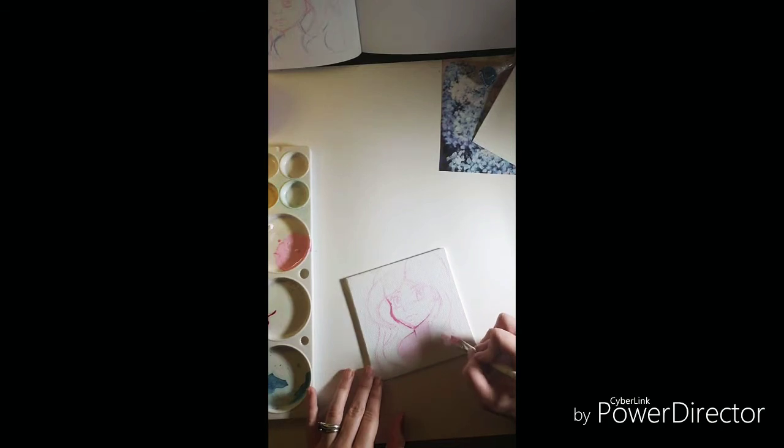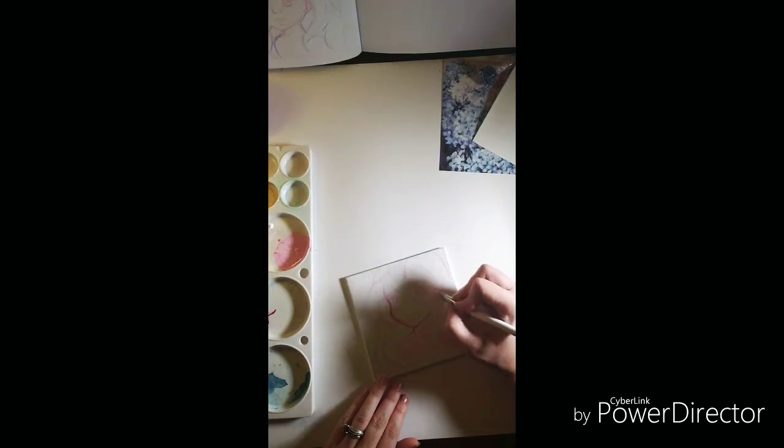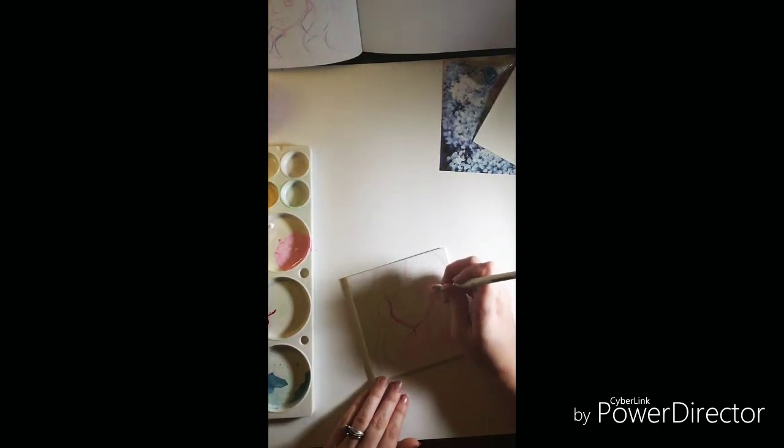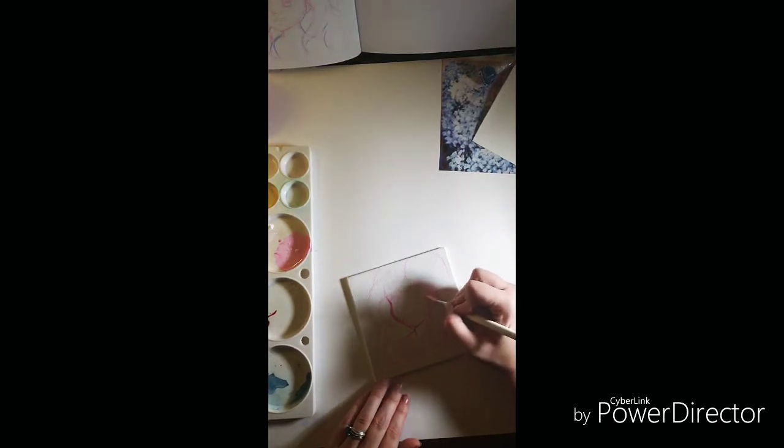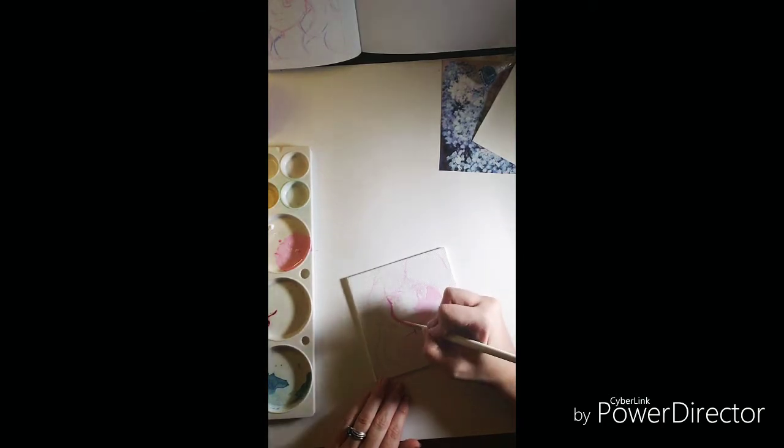Like I said, this is such a new element for me. It works similar. It's a lot softer than acrylic paint. Acrylic paint, for me, I don't know if it's just me and my issues, you kind of have to force it onto the paper. Whereas this just does what you tell it to do, which is really nice. So I'm trying to paint as loosely as possible so I don't lose too much of my sketch. I can always go back and